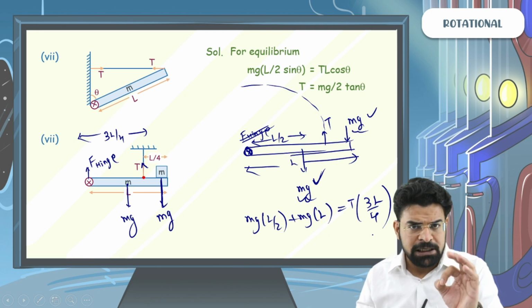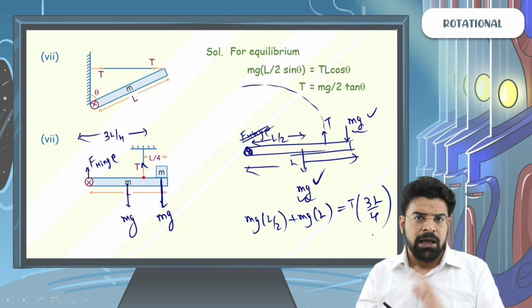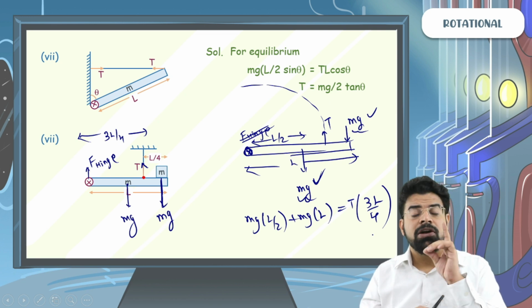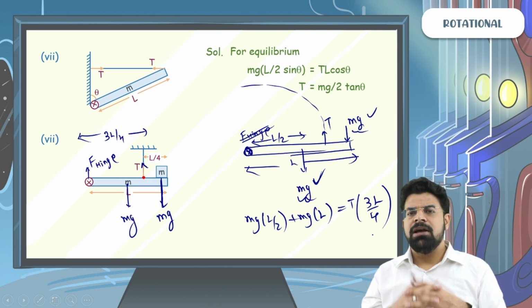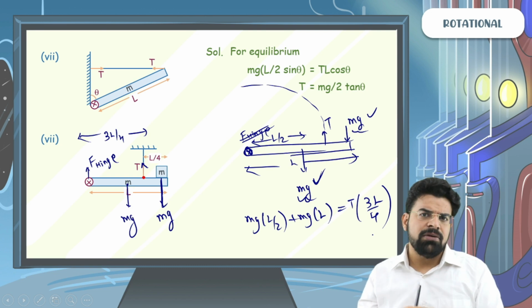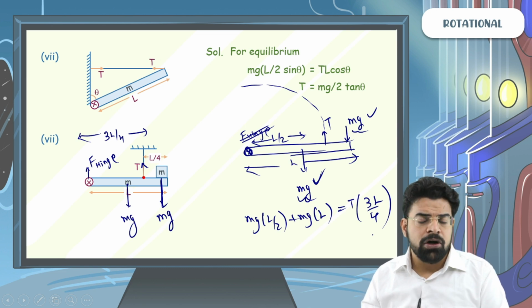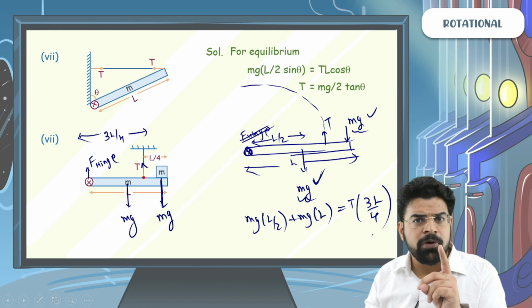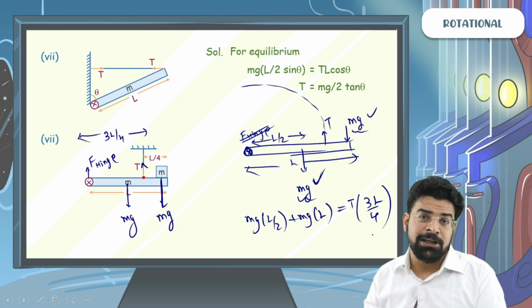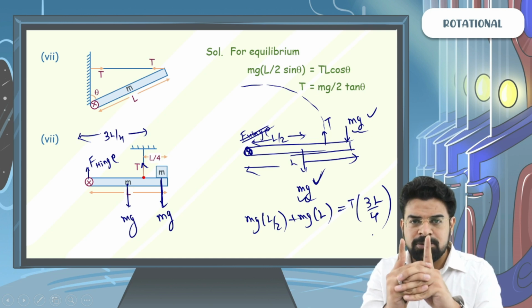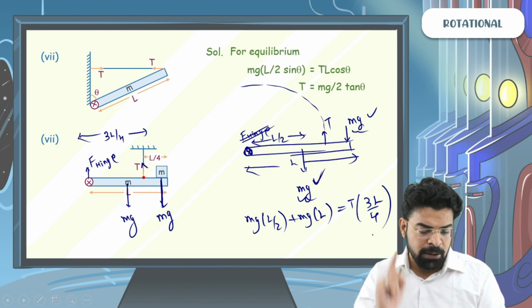Beta, I personally suggest to all kids, if in a question the hinge is given, do torque balance about the hinge. If the hinge is not given, you can do torque balance about the center of mass or about the point through which maximum number of forces pass. Because when you make the torque equation about the point through which maximum number of forces pass, you have to write the torque due to the least number of forces. We'll explain the second point once more, but let's now complete this question.